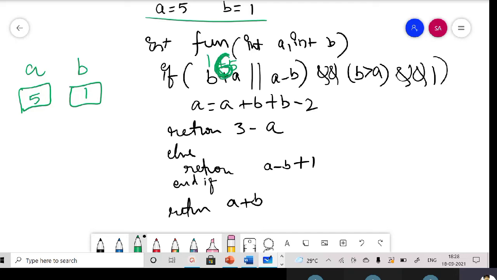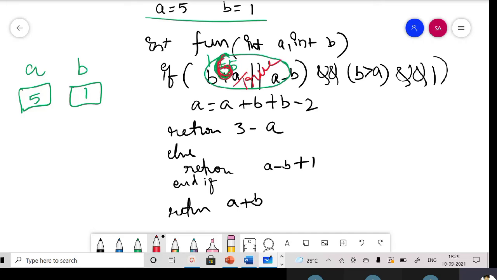So what happens when you are dealing with logical operators is, in case of the OR operator, if one of the values is true, there is no need to check the other value. Why? Because a single true can make any number of false as true. So this total thing will obviously become true, because here I got this 6.